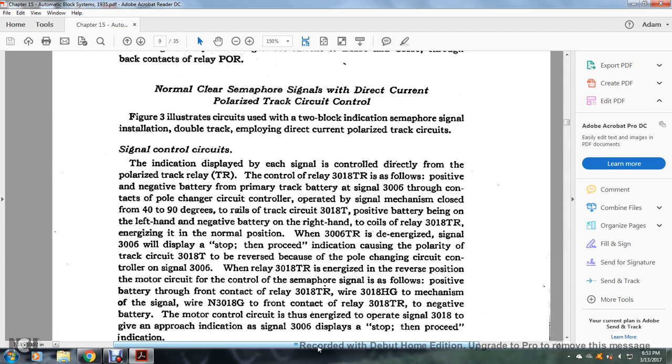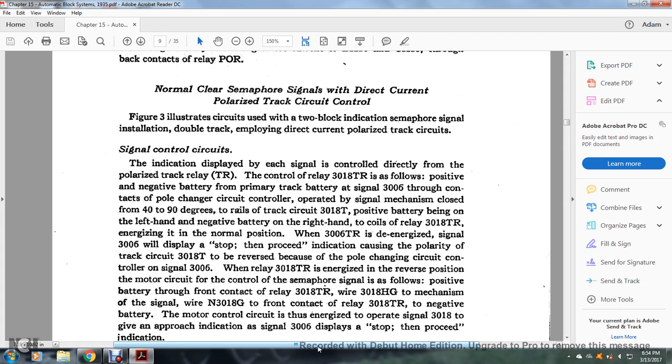The control relay of the 3018 TR is followed with the positive negative battery with the primary track battery of the signal 3006, through the contact with the polar changing circuit controller that operated with the signal mechanism closed with the 40 to 90 degrees, the rail with the track circuit 3018T, positive battery being on the left hand with the negative battery on the right hand, with the coil of the relay 3018TR energized with the normal